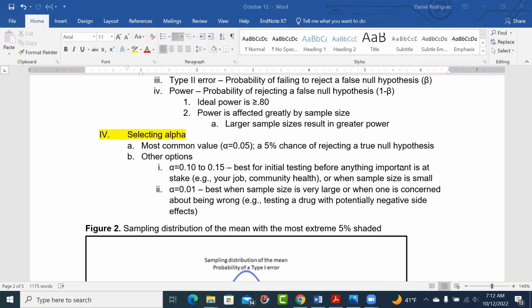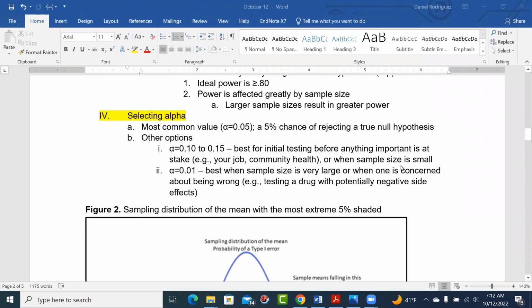Now, this 5% isn't the only option. However, people think that that's a rule that you have to do. There's a lot of things, heuristics, as we call them, in this world where people just accept them as if they were true, even though they are not. But people like simplicity, right? Other options that are available are 0.10 and 0.15. 0.15 is much less likely to be accepted by a reviewer if you are submitting something for publication, but it can be. I mean, I've used both of them, and even in grant applications, I've gone up to 0.15,